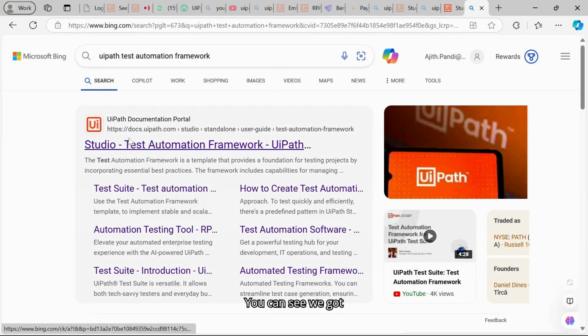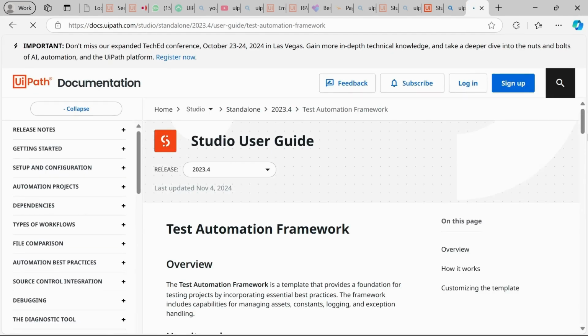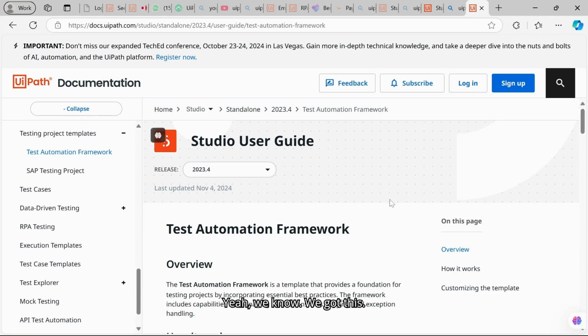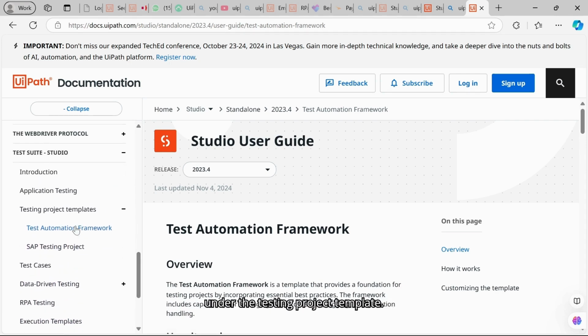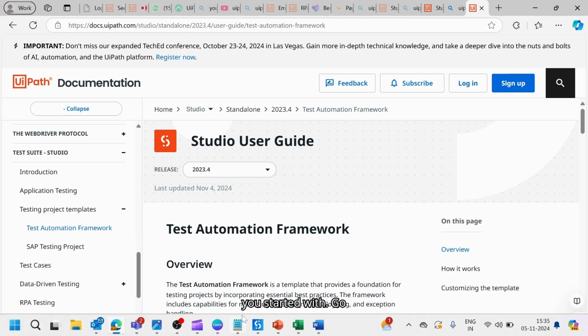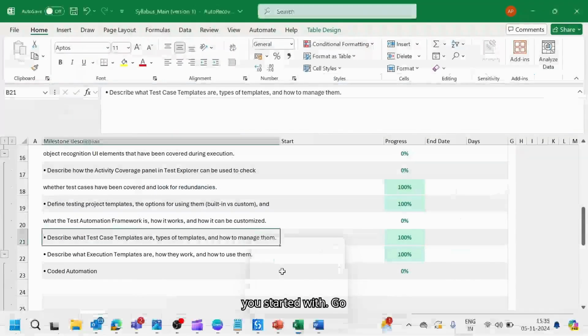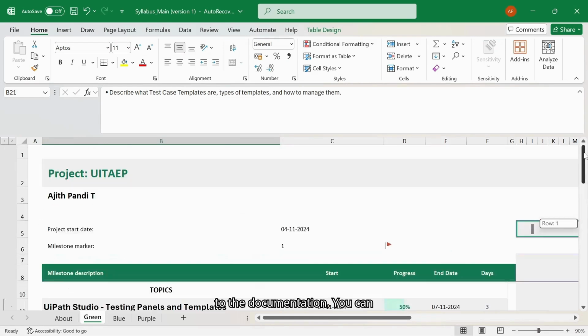You can see we got docs.uipath.com, which means this link is from the official website. You can see all the subtopics: test automation framework, testing, execution template, everything comes under the testing project template. Once you start going through the documentation,